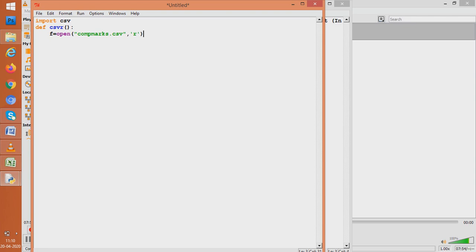Why is it not to be written? Because CSV files are nothing but they are also text files. They are plain text files with one more thing, they are delimited by a character. So this is also a text file, so we will open it like a text file. Now students, you would remember, when we used to work with text files, we used a function called read. We used to read the file, and then we extracted the data through reading and kept it in a variable, in a string variable.